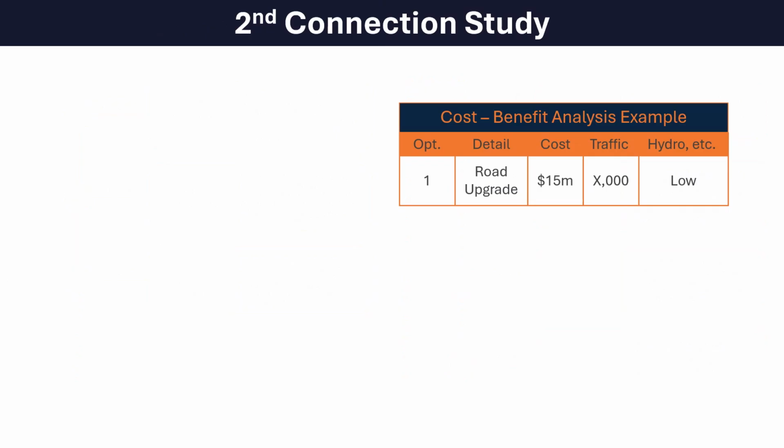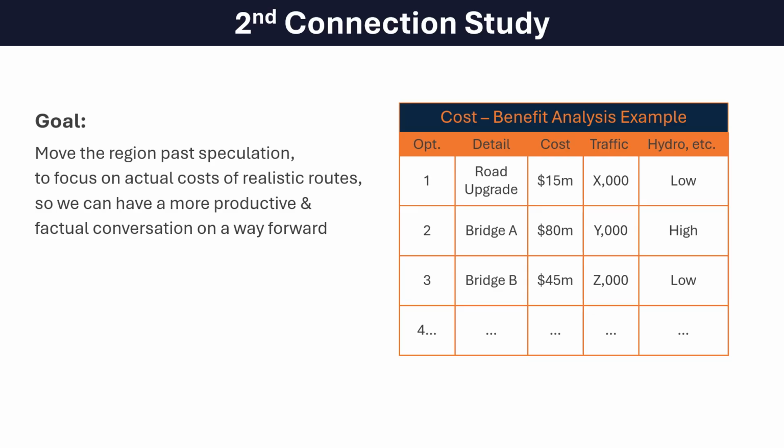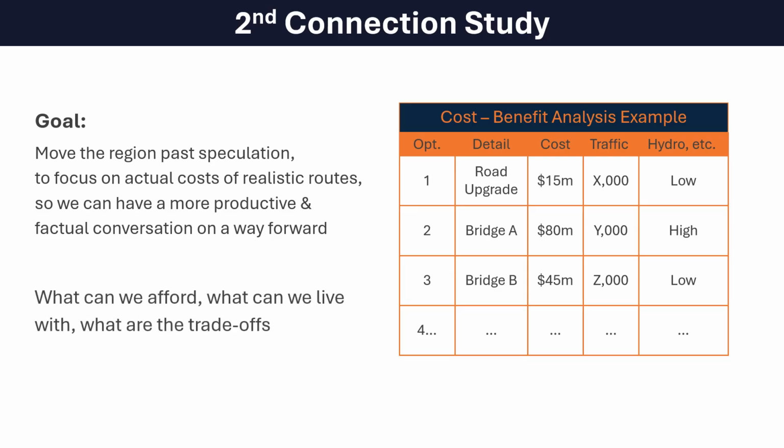That said, the Flint Hills MPO is aware of the desire of many Pottawatomie County residents for a second connection between Manhattan and Blue Township. The MPO is hopeful to work with local governments and KDOT to complete a cost-benefit analysis of potential connection options. This study would look at costs, traffic, and hydrological impacts of various potential connection options. This would allow the region to have a conversation about what we can afford and the pros and cons of different routes, ultimately helping to find a path forward on a viable option.